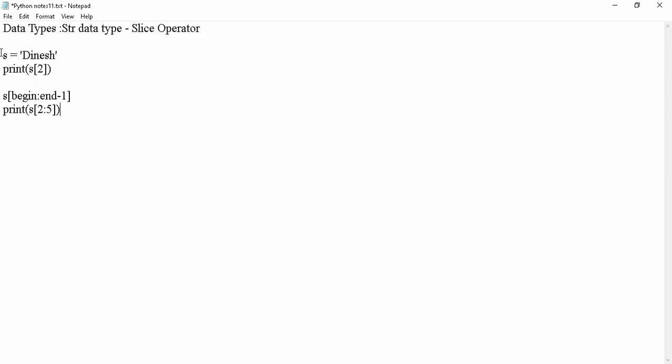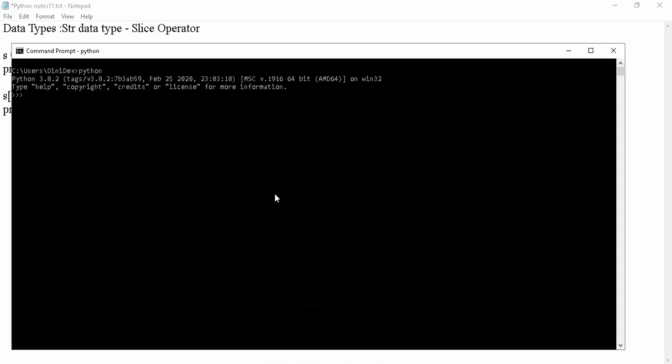In this syntax, it returns the substring that is called a slice from the beginning index to end minus 1. If I enter 2 colon 5, it means 2 colon 5 minus 1, that means 4. Are you clear? I will show you in the command. I will execute this one. I mention s equal to Dinesh.